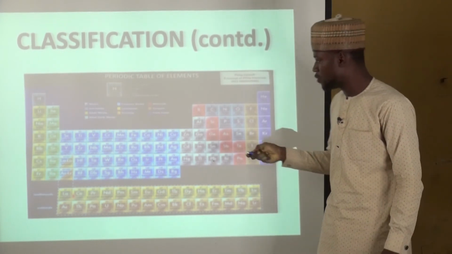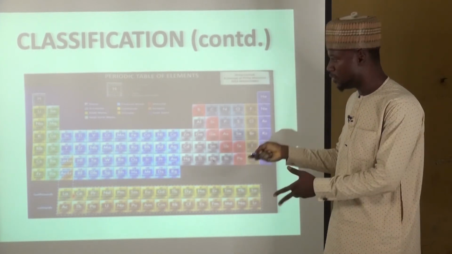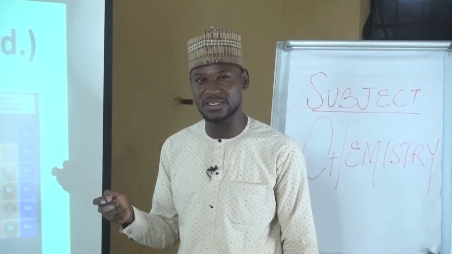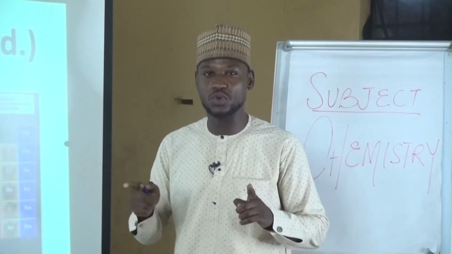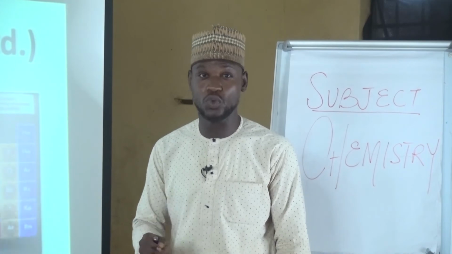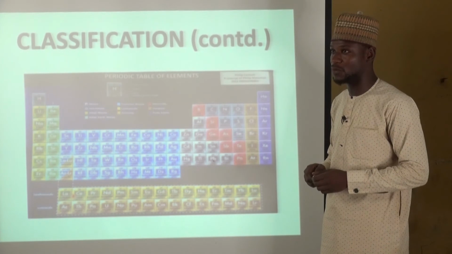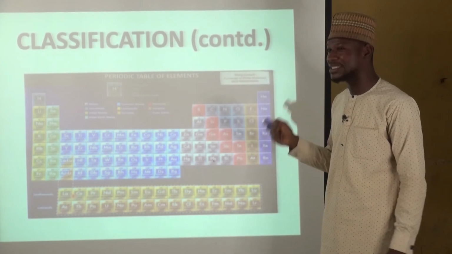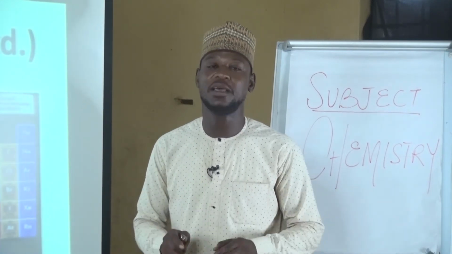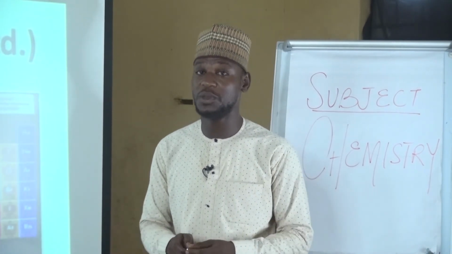Now, as you can see from the table here, we have groups. We have the main groups and then the transition group. The main group of the periodic table is talking about the number of outermost electrons in a shell. So an atom is said to be in group 1 when it has 1 valence electron in their outermost shell. It will be in group 2 when it has 2 valence electrons in their outermost shell, and so on and so forth. It is important to know that elements in the same group have similar chemical properties. They have all their reactions similar, and then they only have small variation in terms of the periodicity. That will bring us to what we mean by periodicity.